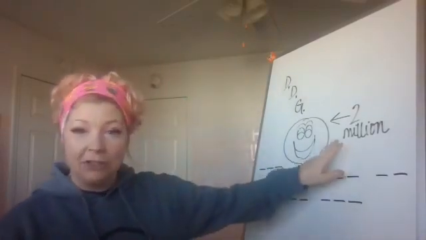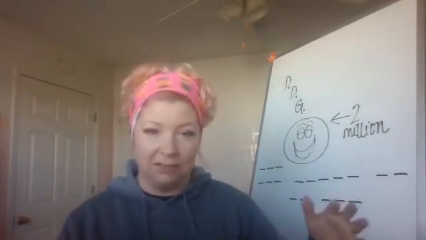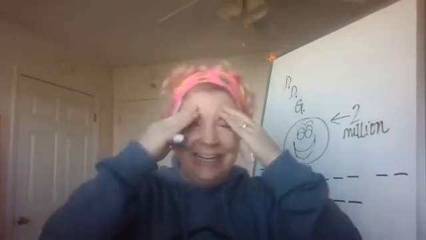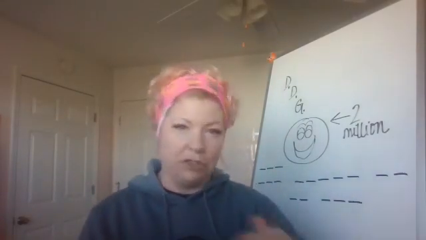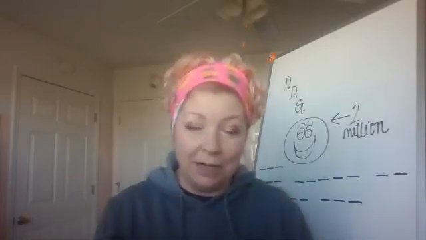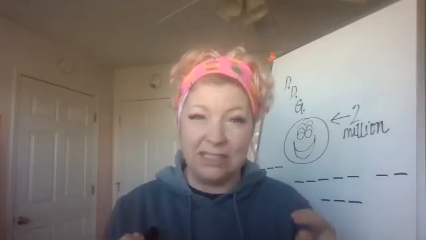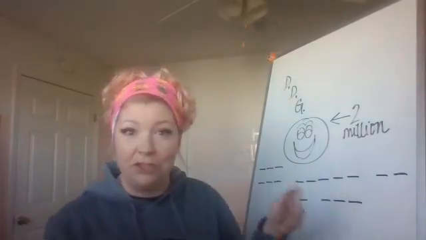And we actually have two. Remember the other day we talked about the RAS, reticular activating system. In your reticular activating system, which is kind of like your mind's eye, and if you want more information on that, go check the other video. In your mind's eye, you're actually taking in 2 million pieces of information every second. That's a lot of information coming at you.